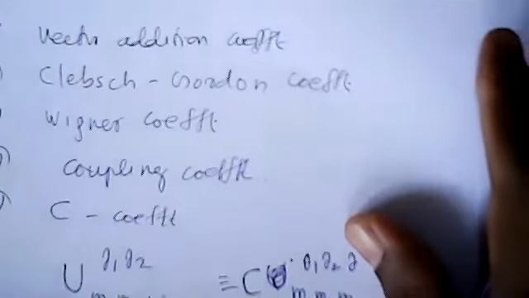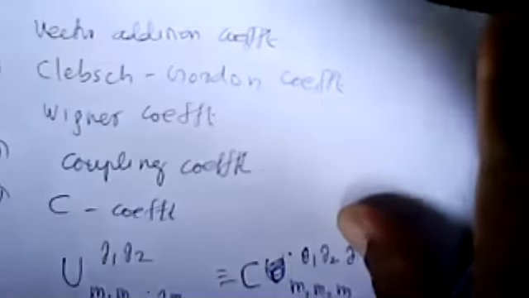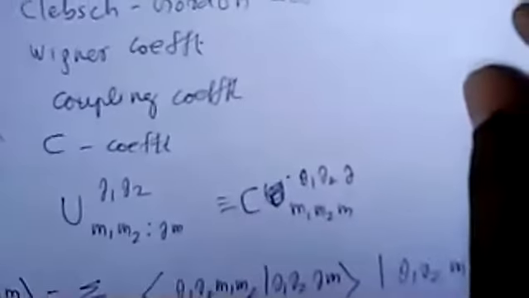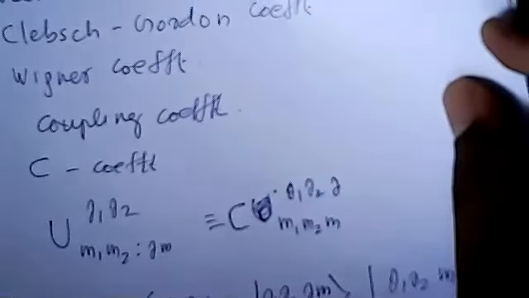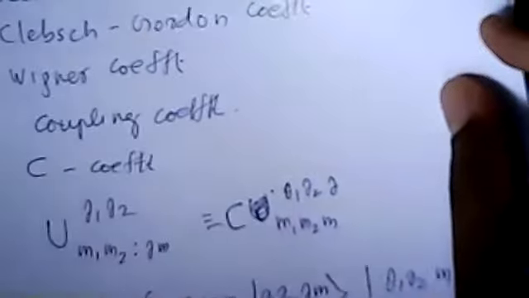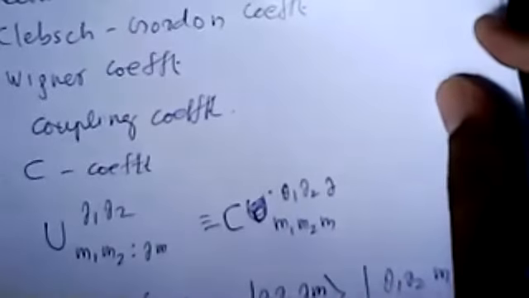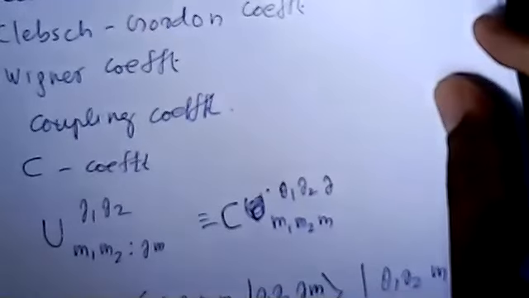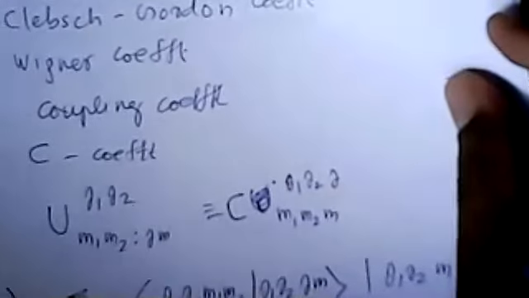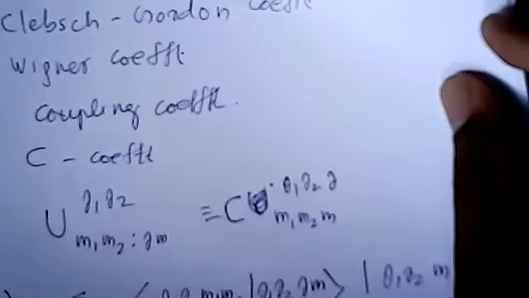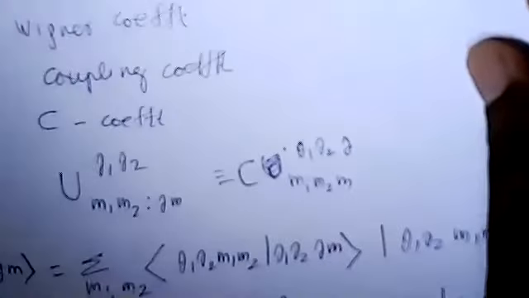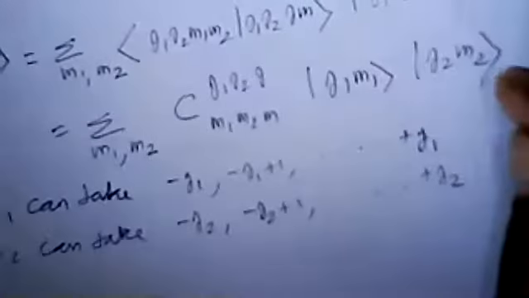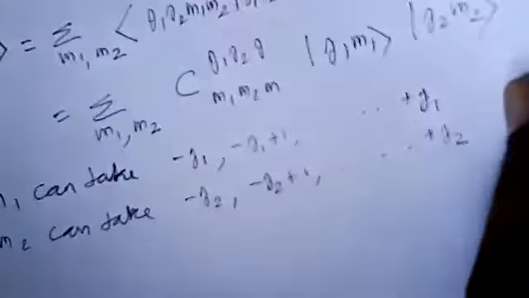Okay, so next we are going to evaluate the Clebsch-Gordon coefficient. How to find the Clebsch-Gordon coefficient? The addition of angular momentum means you find the Clebsch-Gordon coefficient. If you know the Clebsch-Gordon coefficient, the rest of the things are very easy. Only this matrix multiplication is required then. So the main thing is you have to find the matrix.